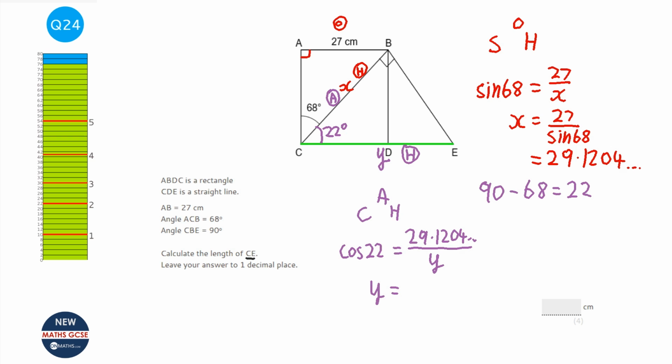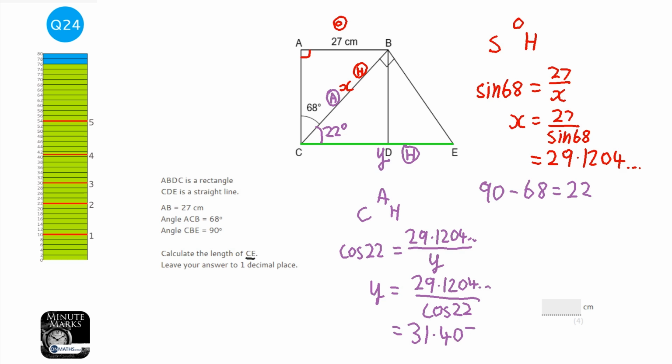So y equals 29.1204 and so on over cos 22. Now I kept that in my calculator, so I can just press divided by cos 22. Press equals, and it's 31.4074 and so on. And it says it wants the answer to 1 decimal place, so it's going to be